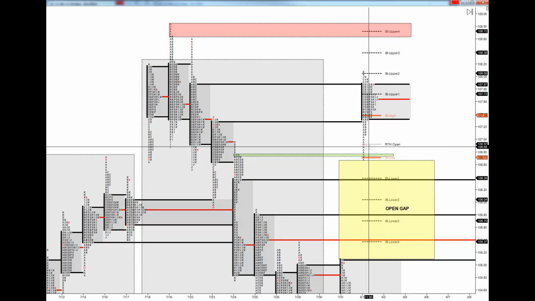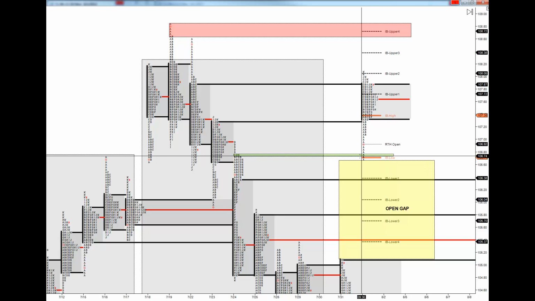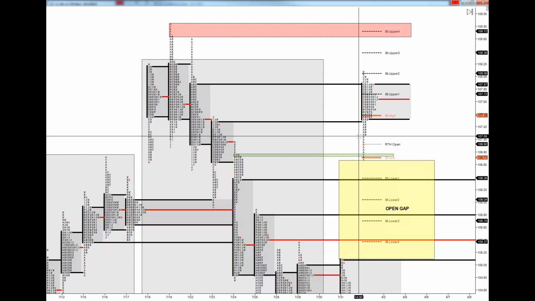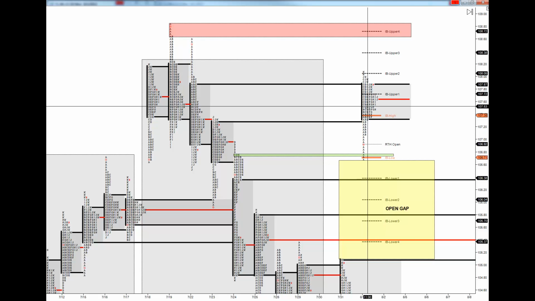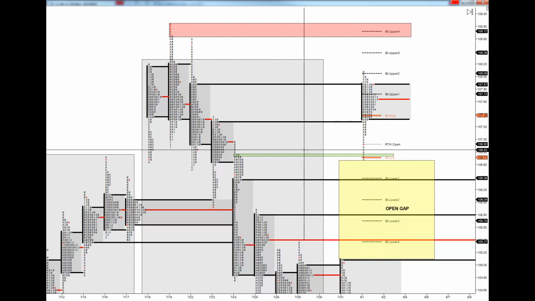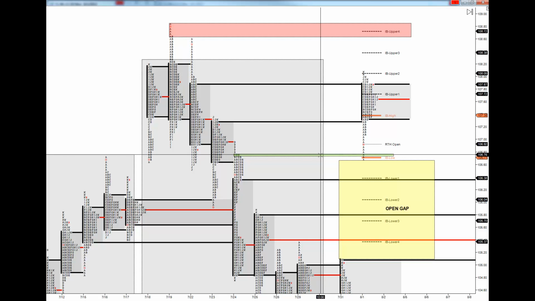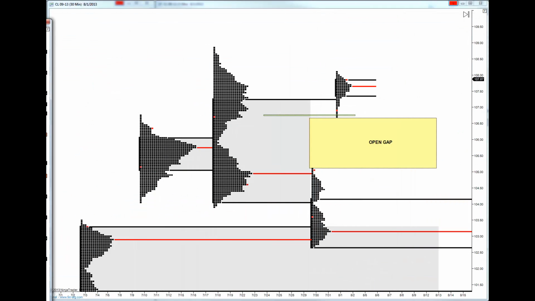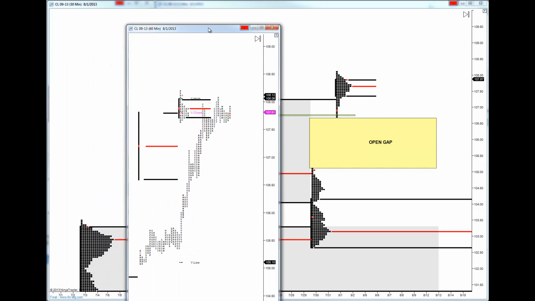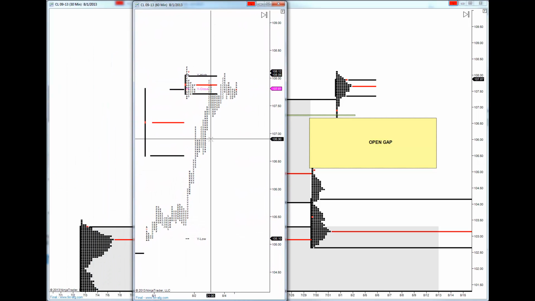So as you can see today, we came down, tagged this reference point, and literally the market auctioned off straight away. So this is an open test drive. So this is how you could approach today. Obviously you do your homework in the morning, you understand what the market's trying to do, and you have a plan in advance. Also, you could have looked at the overnight TPOs, and you can see a sort of clear